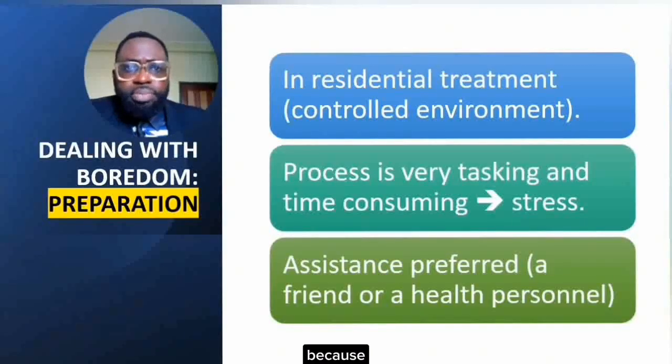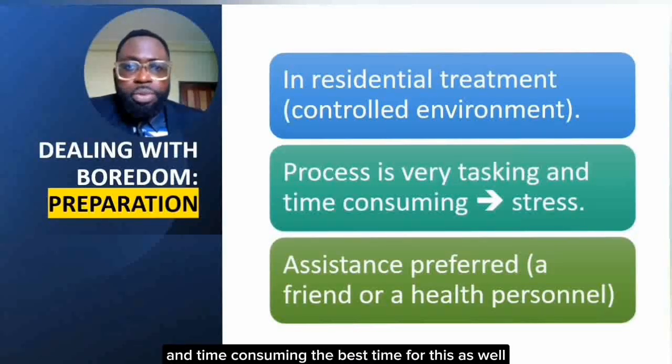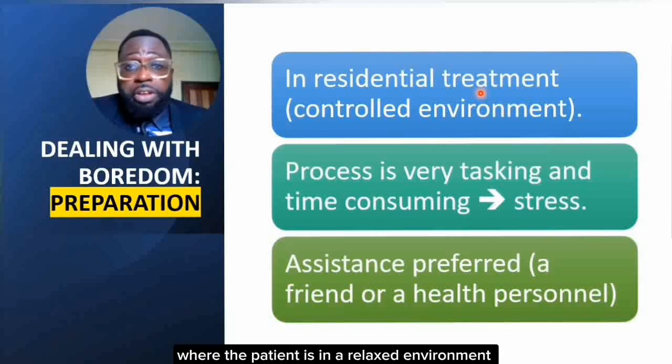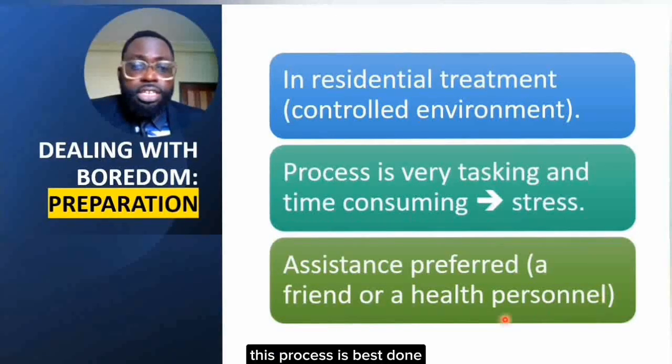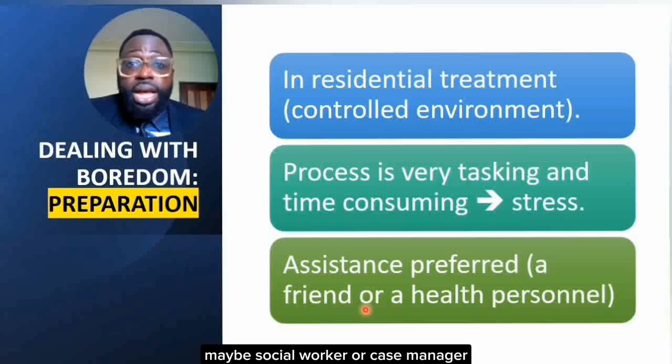Now, because making plans to deal with boredom can be very stressful and time consuming, the best time for this is while the patient is still in residential treatment, that is during admission, where the patient is in a relaxed environment and doesn't have access to drugs. This process is best done with the help of a friend or a healthcare personnel, maybe a social worker or case